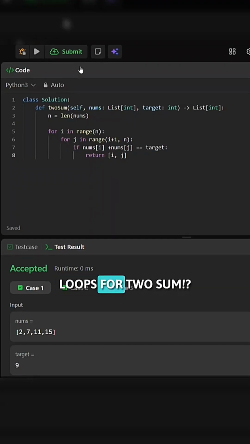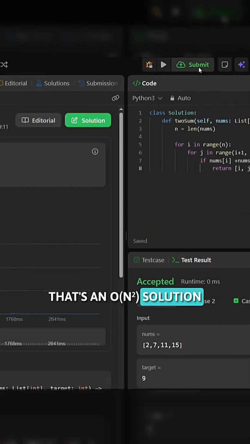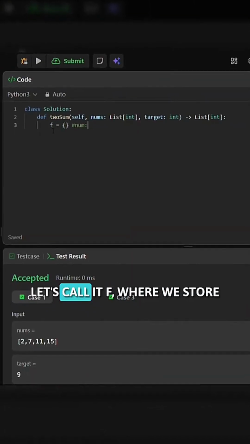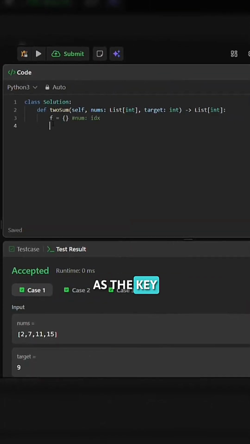Still using nested loops for 2sum? That's an O of n squared solution and barely beats 26%. Instead, use a hash map, let's call it f, where we store the number as the key and the index